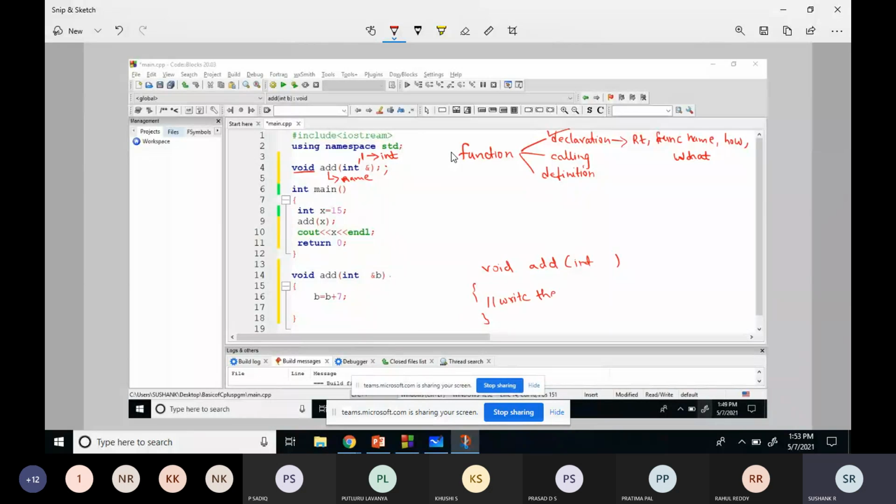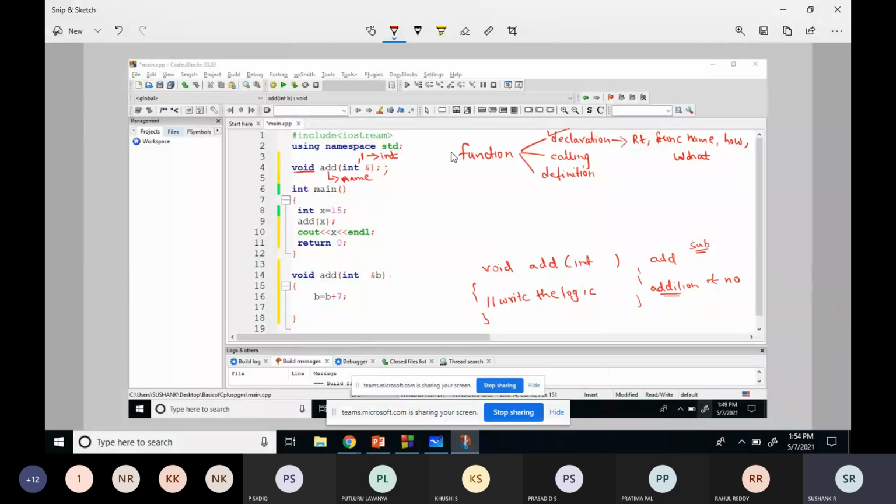It contains a body to perform the action of events. Like if it is an addition program, you have to write a logic to perform addition of numbers. If it is a subtract function, I'm just naming, you have to write the logic to perform subtraction of numbers. If the function name is prime, or if you're writing a function to check whether a number is prime or not, you have to write the logic to find the prime of a number.